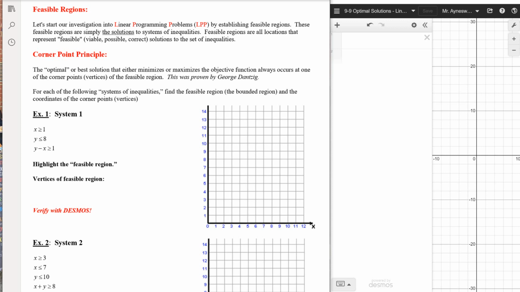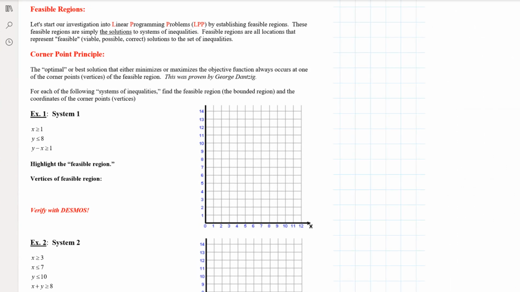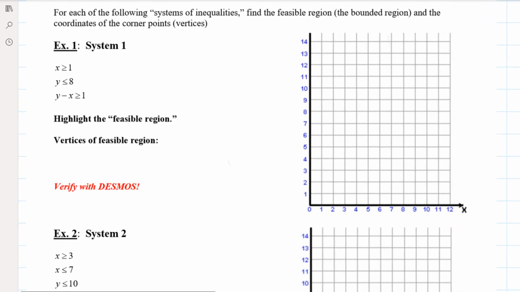In this first set of examples, which are really basic, we're going to graph and go over the basic skills of graphing a linear system, which is basically 2 or more linear inequalities. We're going to bound that region, find the corner points, and just state them. Later on in part 2, we are going to actually apply the corner points and solve a real problem, but we're going to go over just the basics first. We're going to do it all by hand. Let's take a look at number 1 here